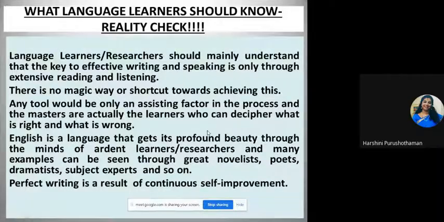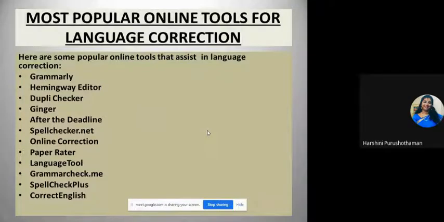Okay, then. So now coming to the most important part, the most popular online tools for language correction. I have listed them in the order of importance. Here are some popular online tools that assist in language correction.